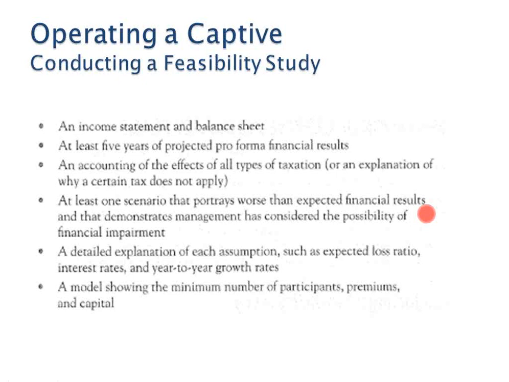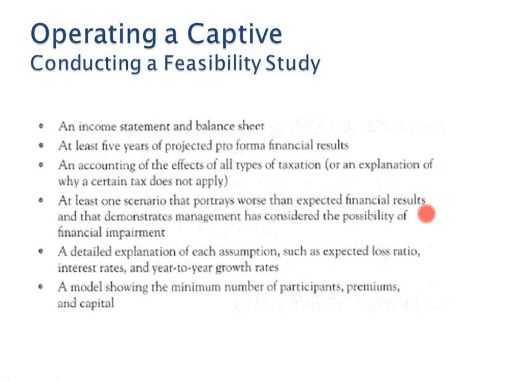And at least one scenario that portrays worse than expected financial results and that demonstrates management has considered the possibility of financial impairment. This is kind of like the stress test idea: if the company had a bad year, can it work? What that also does is help give the idea of how much capitalization is going to be required to maintain that, because depending on that worst year, can they withstand it? They can probably withstand 1, but if it's that first year in operation, that's why the capitalization comes into the scenario. Then a detailed explanation of each assumption,